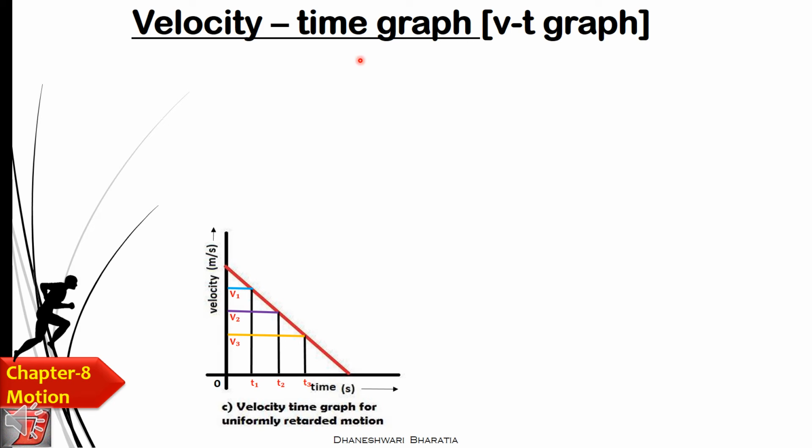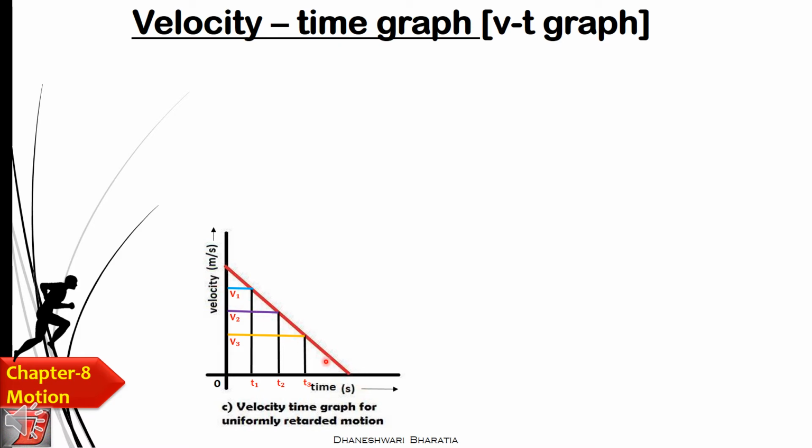Now let's talk about velocity time graph with the regular retardation. Right? Why retardation? Because with the increase in the time, the velocity is decreasing. Here you can see at t1 the object is here with the velocity v1. At t2 the object is with v2 velocity, and at t3 it is at v3 here. So with the regular interval of time, regular decrease is there in the velocity, isn't it? So this is known as the uniformly retarded motion, or